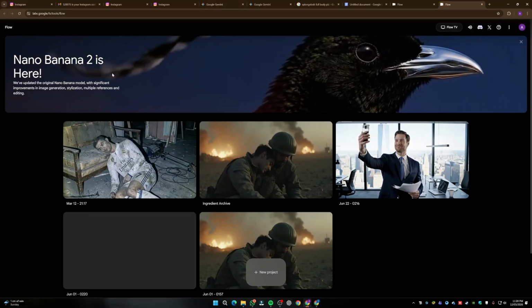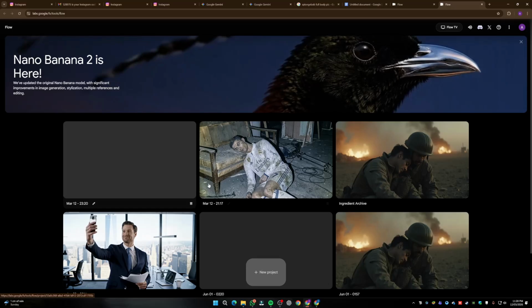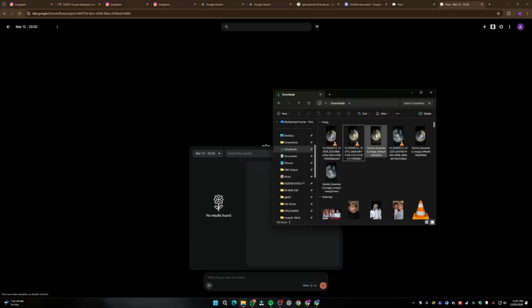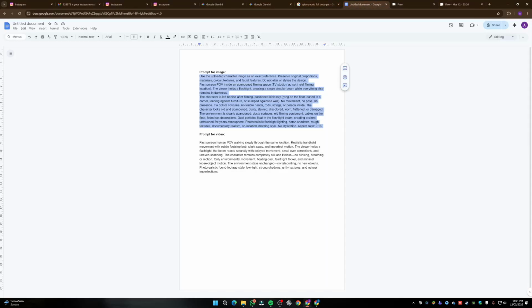The next step is you need to go to Google VEO 3 inside of Flow and create a new project right over here. Simply drag your image that you created earlier with Google Gemini right over here. Then we're going to copy the video prompt that I told you about earlier. For the prompts, I'm going to provide them down in the description so that you can create your own version as well, so don't worry about it. I'm going to simply paste it right over here. Click on submit. And just like that, here are some of the results that we created inside of Google